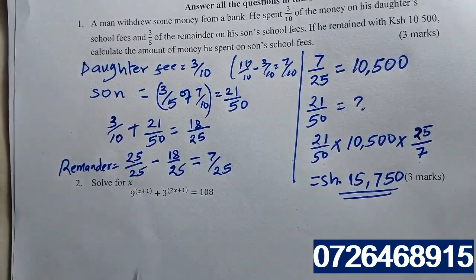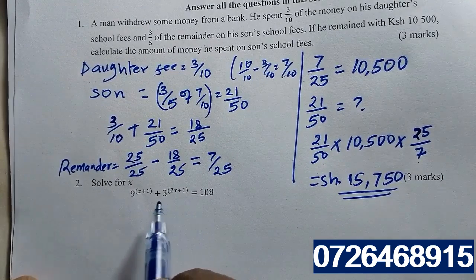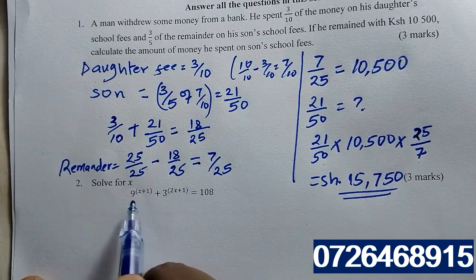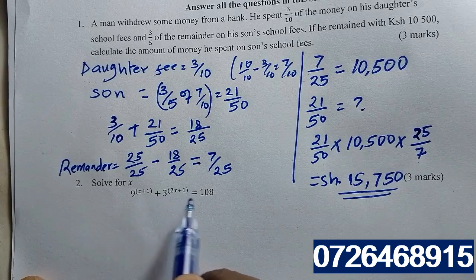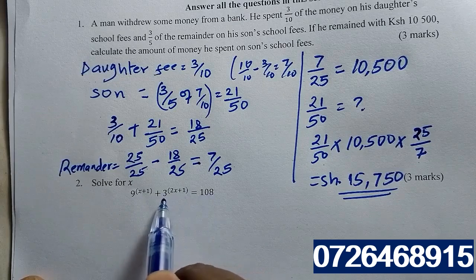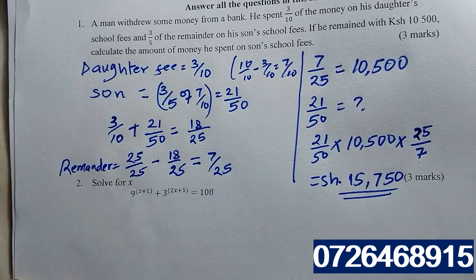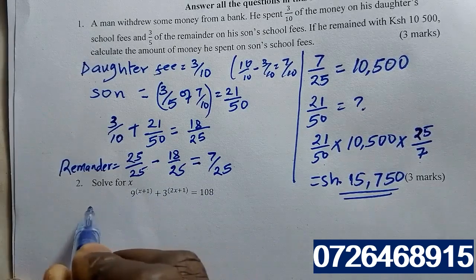Solve for x. Wakati umepewa hesabu kama hii, angalia the smallest base. The smallest base ni 3. Make others to base 3. Lakini ukiangalia 108 you cannot make it to base 3. So hiyo unaiacha nayo, una make base 9 peke yake. So 9 is the same as 3